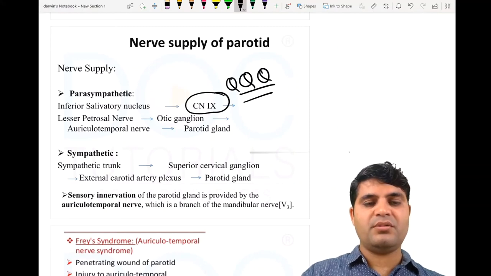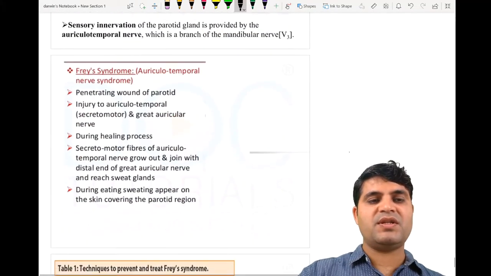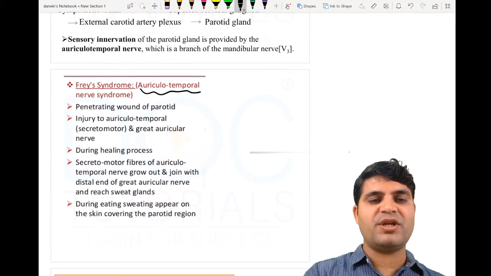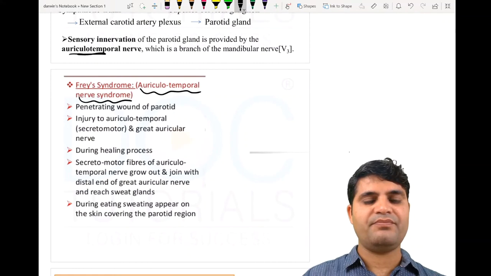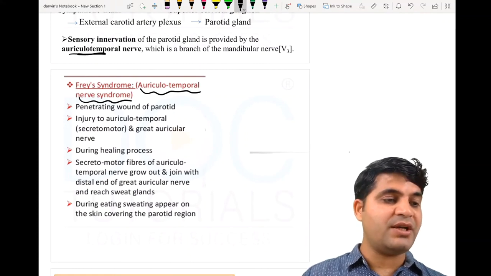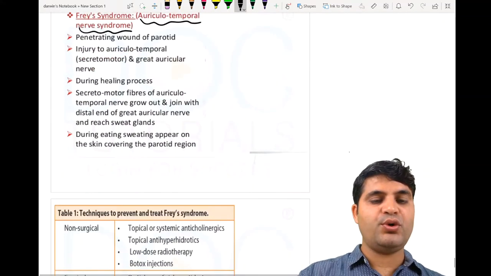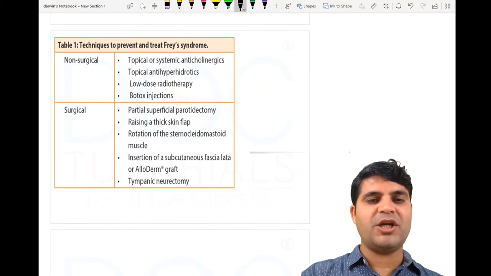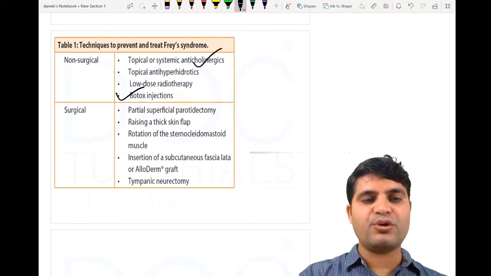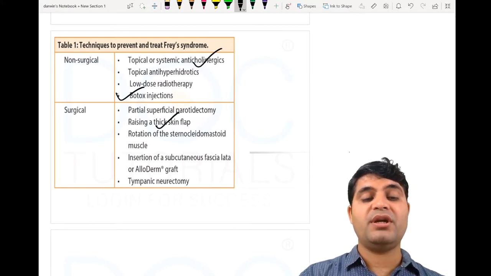So very important, please spend some time. And this is the reason that Frey syndrome is also known as auriculotemporal nerve syndrome. You can see. Clear? And all treatment modalities should be known to you. So these are all treatment modalities: anticholinergics, Botox injection, raising thick skin flap, okay, tympanic